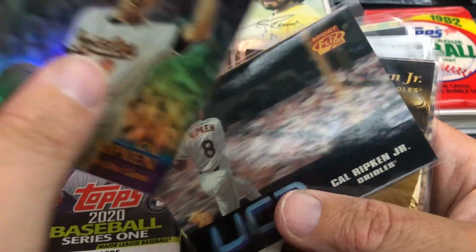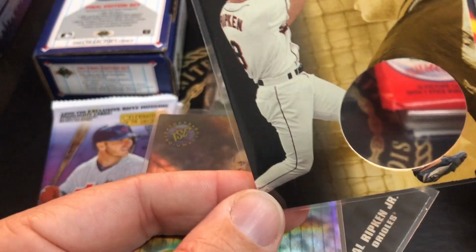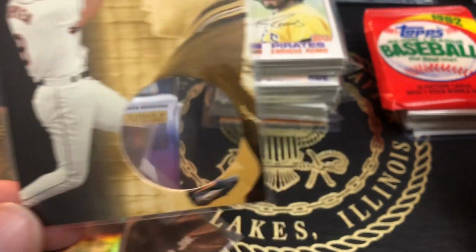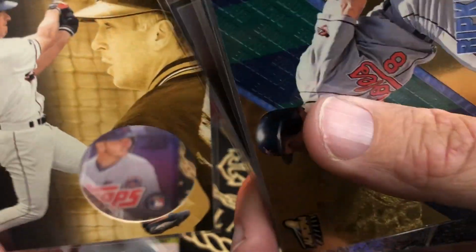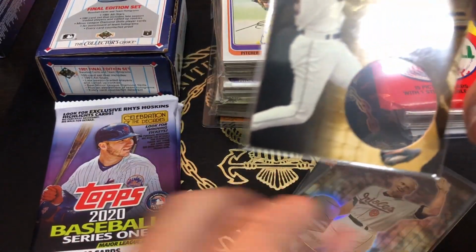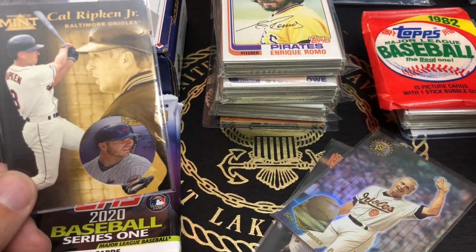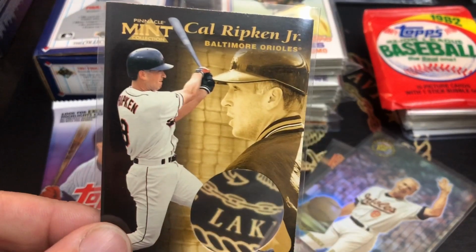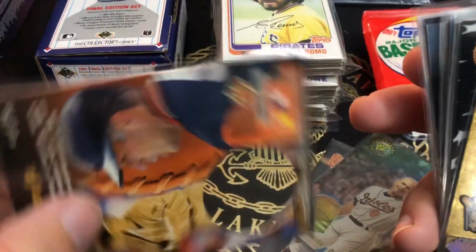Got this Sports Flicks. This one I did not have. As you can see, it's got a hole in the middle. I had never seen this card before, but it's a pretty neat looking card, but I definitely didn't have it. Put Alonso in the Ripken card. Pretty cool. I don't understand what the circle was for. Maybe there was something they had that went in there, but it